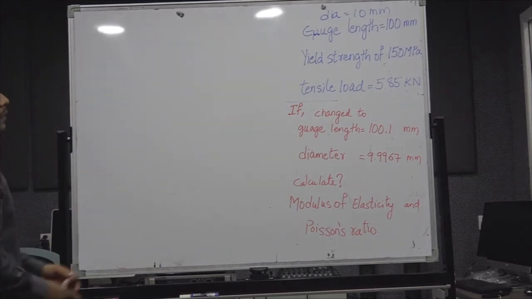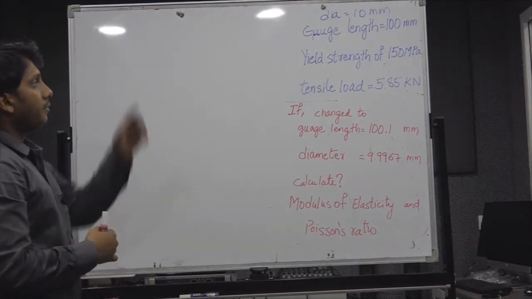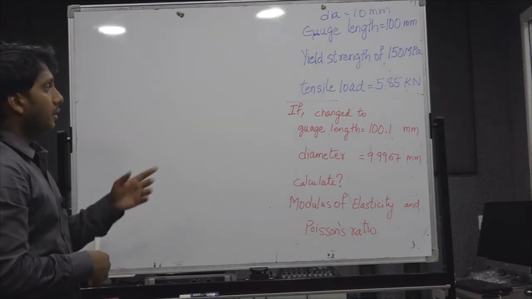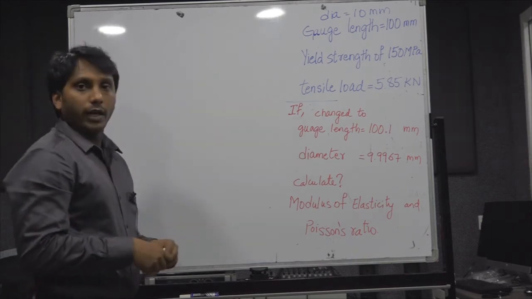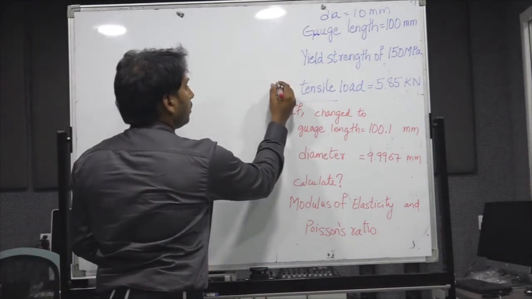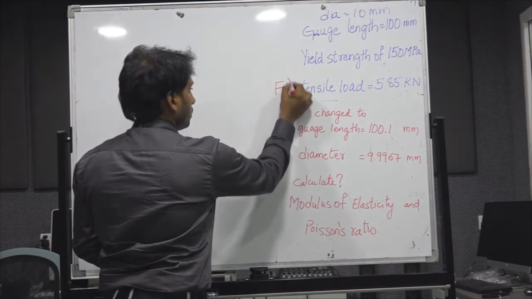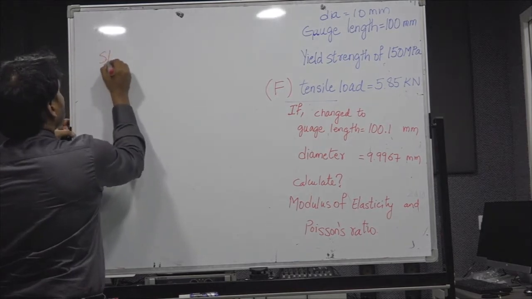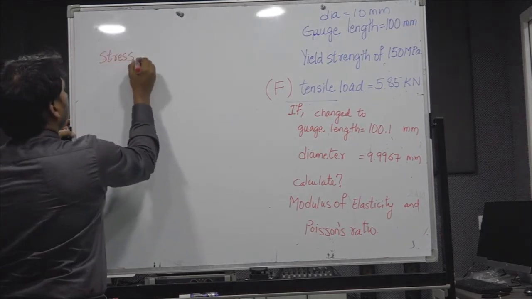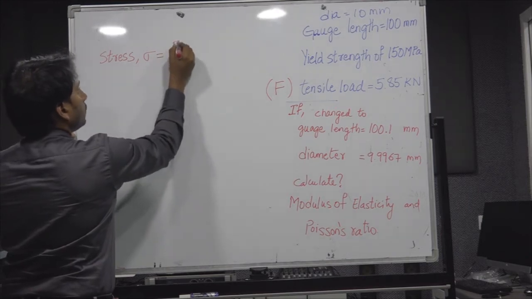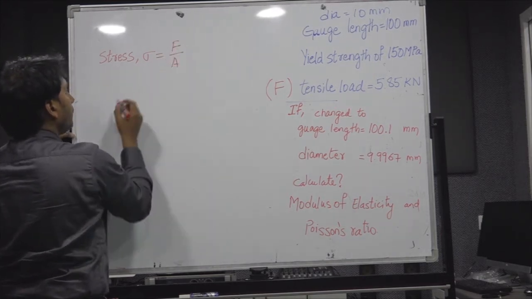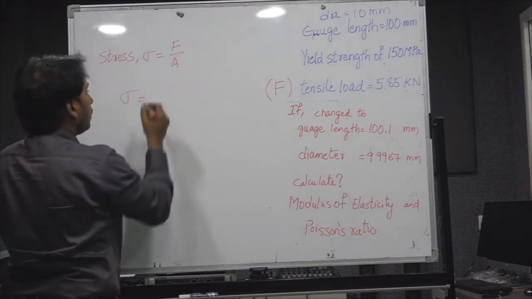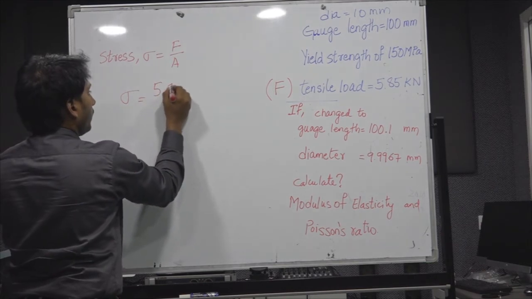See, first thing, we have a gauge length of 100 mm, diameter of 10 mm, yield strength of 150 megapascal, tensile load of 5.85 kilonewton. Load is nothing but force. Area, you have to write like this. So first we will find out stress. Sigma is equal to force by area. So sigma is equal to, what is the force here? Force is in kilonewton, 5.85